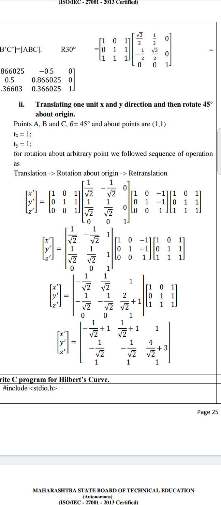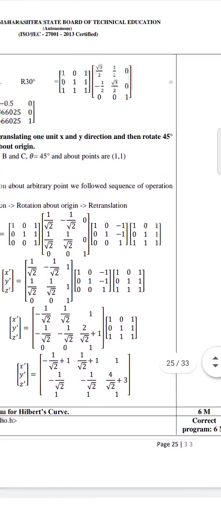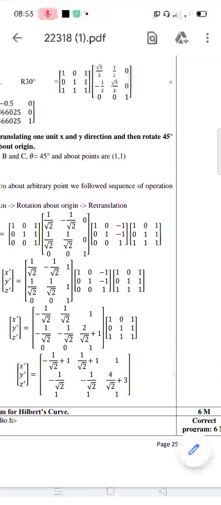So these are the three matrices required for our rotation, and afterwards you have the original computer object, which has coordinates 1 0 1, 0 1 1, 1 1 1. You can refer to the last 3 by 3 matrix, which represents the computer object. Now you multiply all 4 matrices one by one, and you will get the final answer.